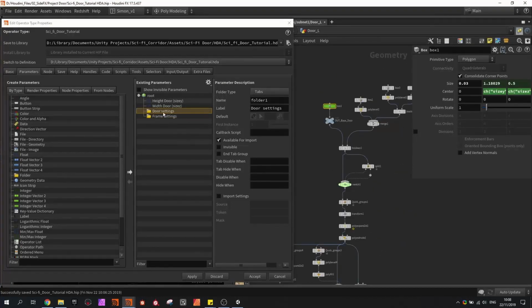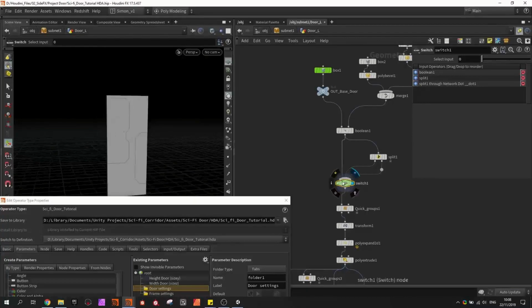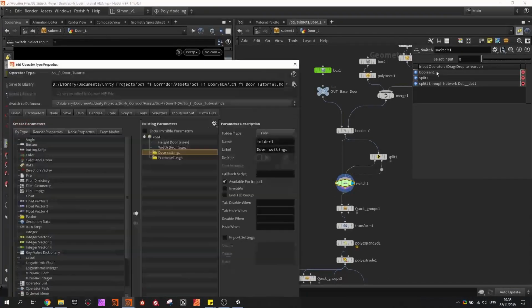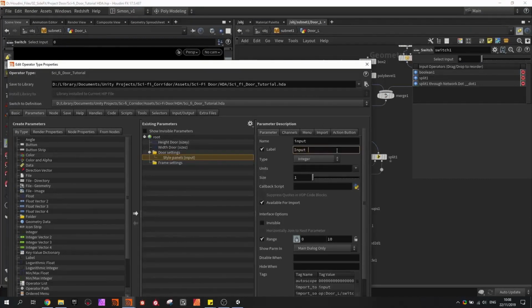So we're gonna start out here with the door settings, and first thing I already want to do is expose this switch node, and this will allow us to, if you remember, change the panel type. So I'm gonna drag this value here in the folder, and I'm gonna call this input panels,